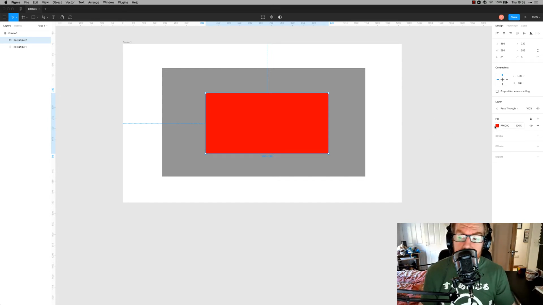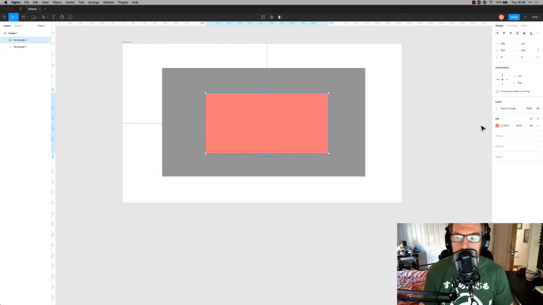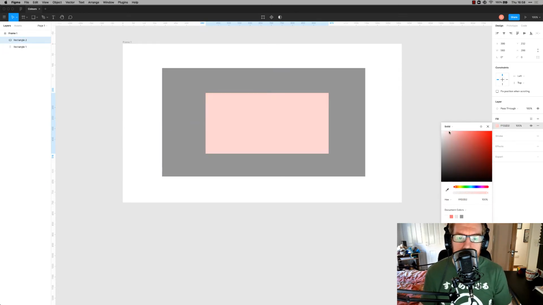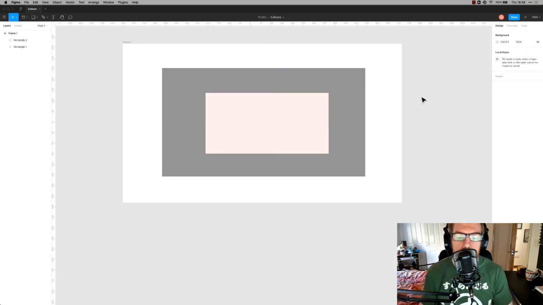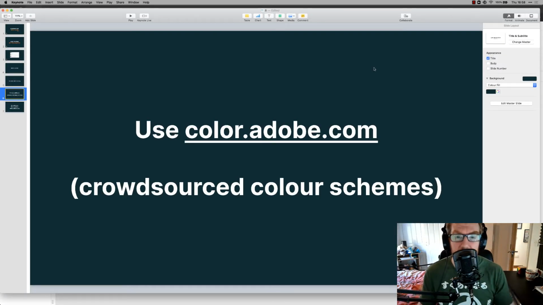And again, the easy way to avoid that is by using subtle colours. So even though that's still pretty damn horrible, it's not as bad because it's subtle. And if you go really kind of subtle like that, it's not bad at all. So avoid using bright colours, avoid using clashing colours. And then the final thing I want to mention is the thing that's just going to figure everything out for you and solve all your problems, and that's